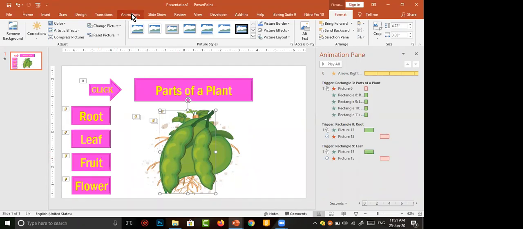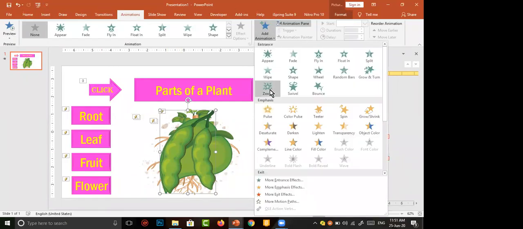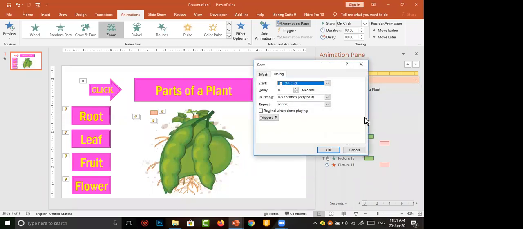So go to animations. In animation, move to add animation. In add animation, we select zoom. It is at the top. I'm going to trigger it. I click on the right arrow. Then move to timing. In timing, I select triggers. Then after that, start effect on click of.